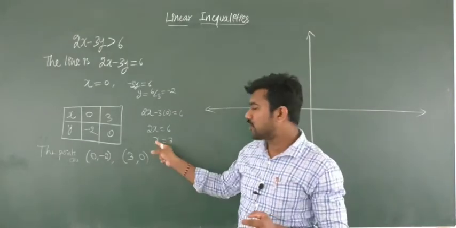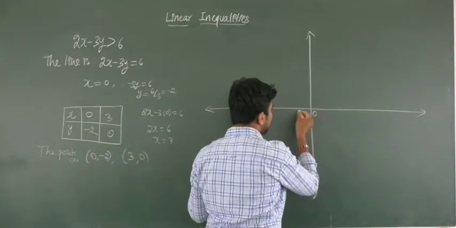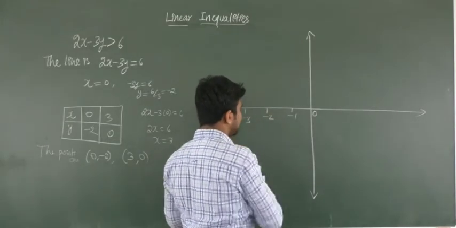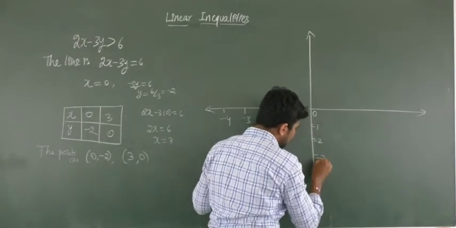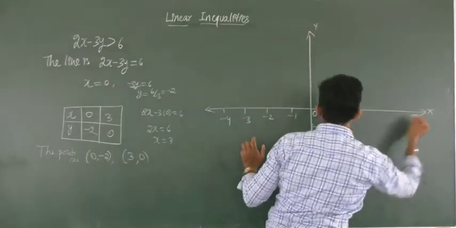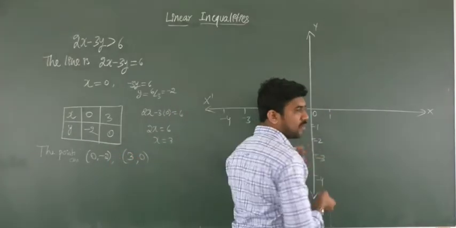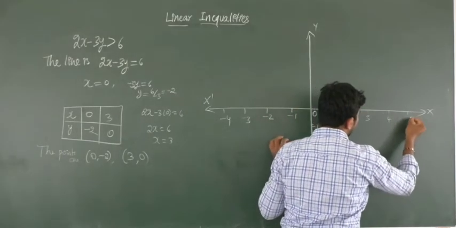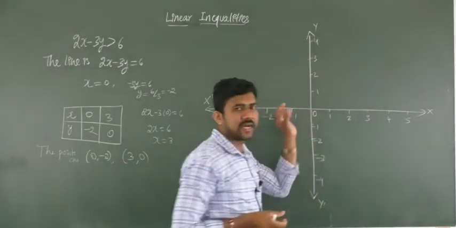Now we have to mark those points. See here, this is the origin, then minus 1, minus 2, minus 3 like this on the x-axis. Similarly, on the y-axis, the negative points are minus 1, minus 2, minus 3, minus 4. This is y dash and this is the y-axis, x-axis, x dash. Similarly, for (3, 0) we need up to the point 3 here, so 1, 2, 3, 4, 5 and so on, and here 1, 2, 3, 4. Consider this as a Cartesian plane.